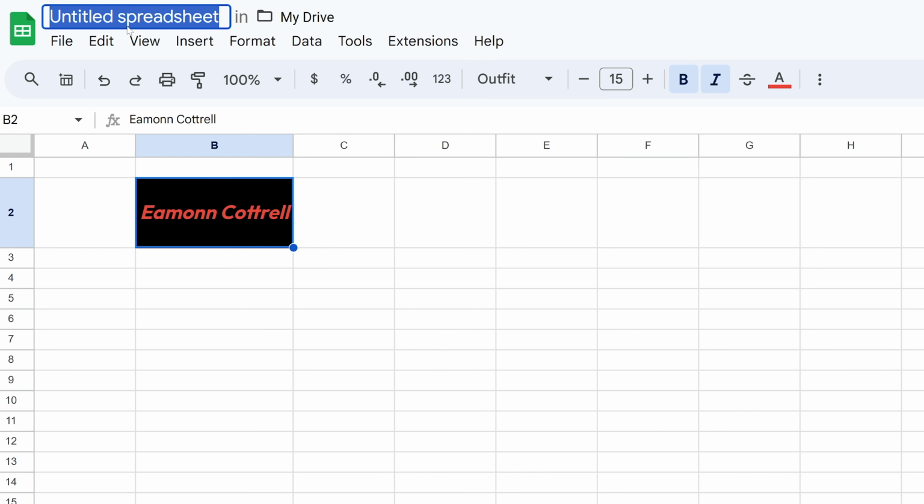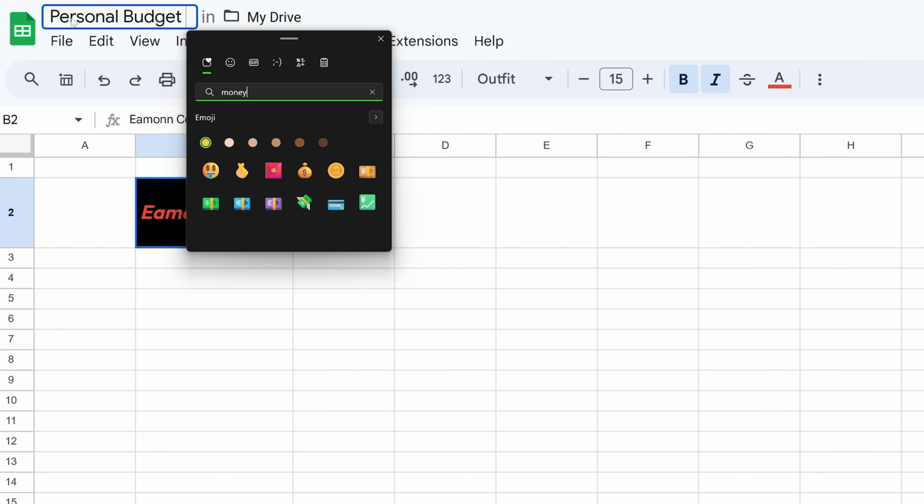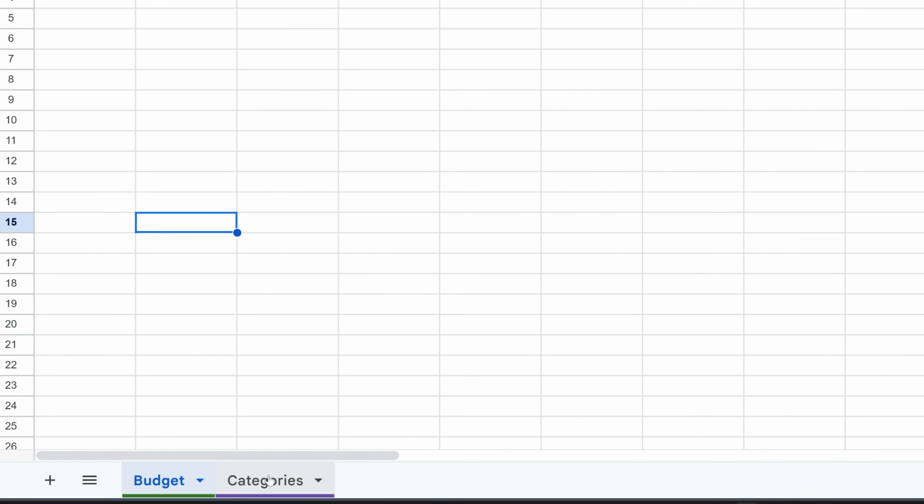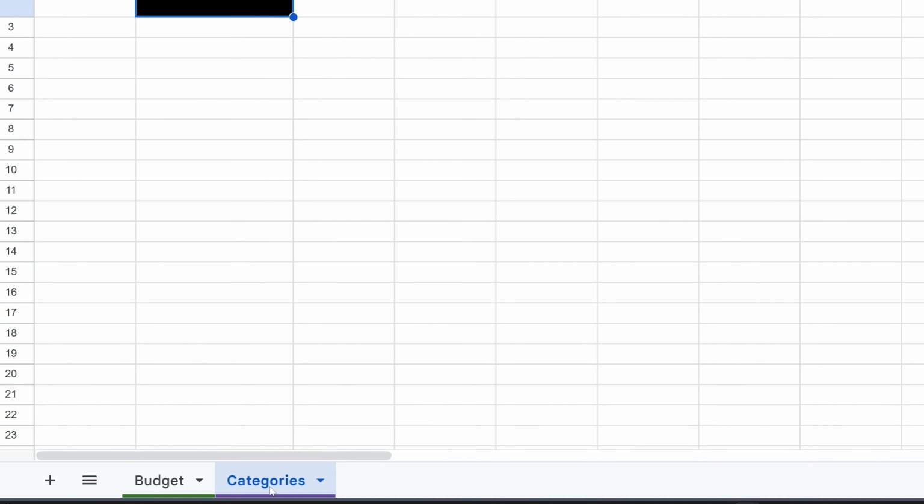name our spreadsheet. Just like we named our sheets down here, we can actually name our spreadsheet up here. So we can just type in personal budget. Let's just put in an emoji. I don't know, something obnoxious like a stack of money. There we go. Press enter, and now we've got the name of our spreadsheet, which consists of 2 sheets down here at the bottom. We've got our budget and our categories, which we'll begin building here in the next section